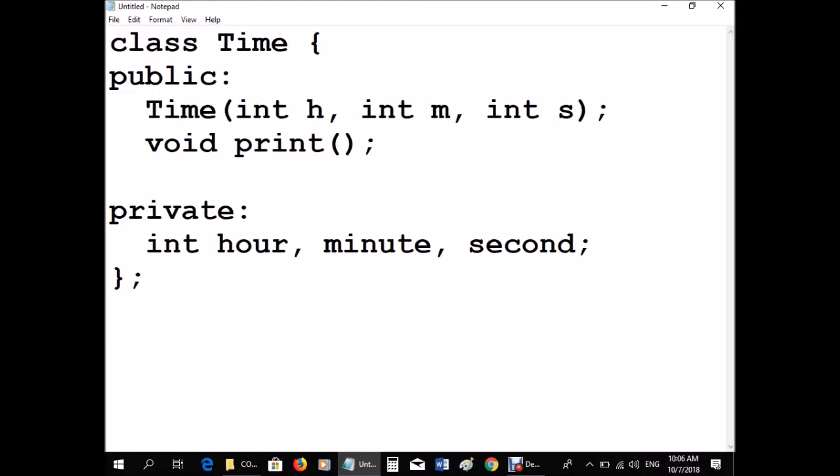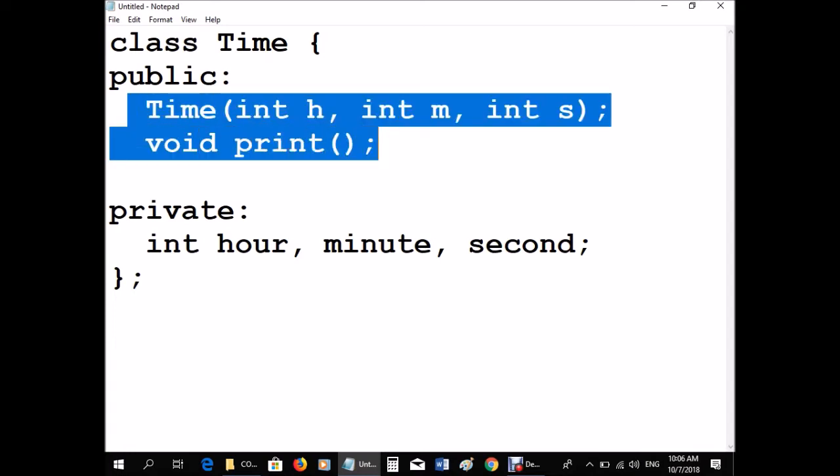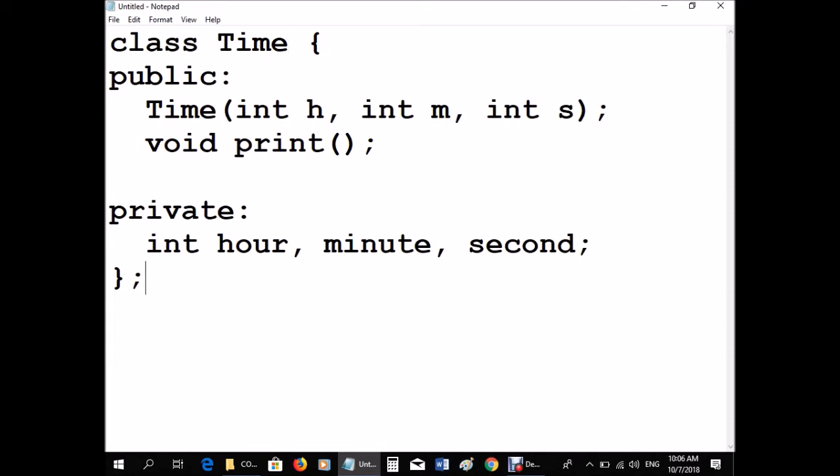We need to implement the class. What we mean by implement is to write code for all the member functions. We call that implementation. So to implement, for example, the constructor here, as we saw before, we say